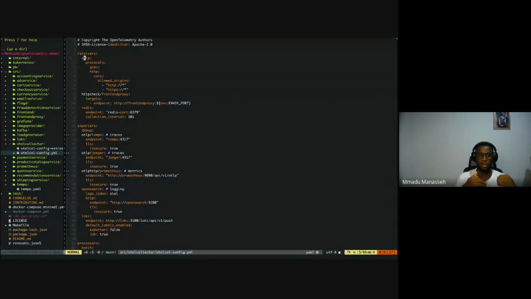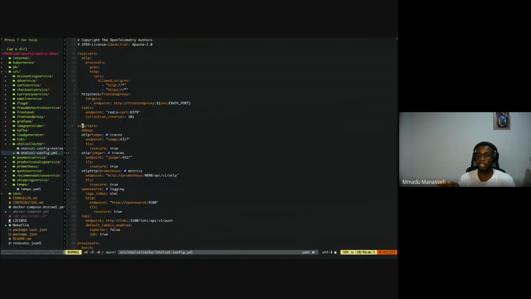If the service uses a Prometheus library, you can configure a Prometheus receiver. There are different receivers and their configurations. But this one just has OTLP, Redis, and HTTP check. That means it's going to collect data from OTLP, from any Redis endpoint that we specify, and HTTP check means it's just going to keep sending requests to check that the service is up. Yeah, that's the receiver section. Then the exporter now is the interesting part. We can see we have different exporters.